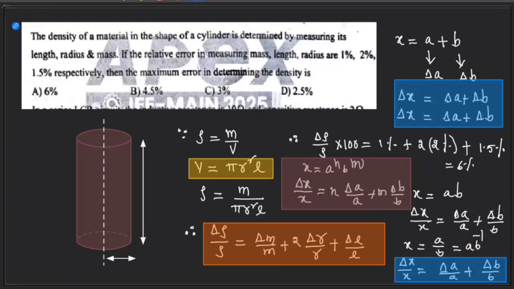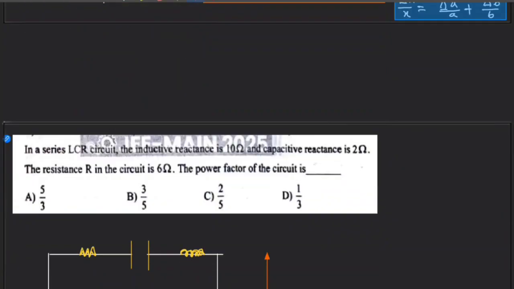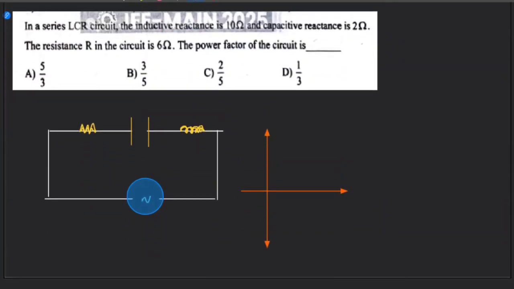Hope it's clear. The first question is clear and all the formulas are clear, right? So next one, it is from this AC circuit. Question is, in an LCR circuit, the inductive reactance is 10 ohms and the capacitive reactance is 2 ohms. The resistance R in the circuit is 6 ohms. The power factor of the circuit is, so power factor is nothing but, we call this cos phi as a power factor,